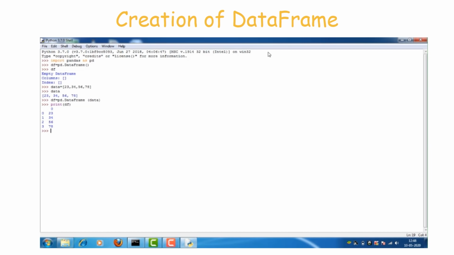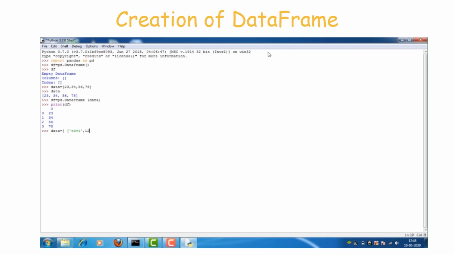Next, we are going to see how to create the data frame with a list of lists. A list of lists means the square brackets can contain another square bracket. For creating a list of lists, here I have to specify the name and the age of the students.